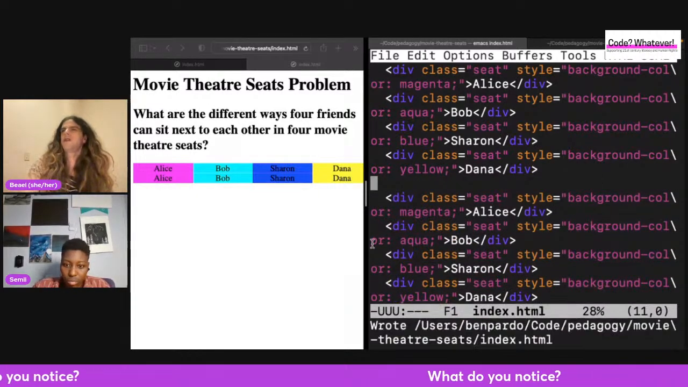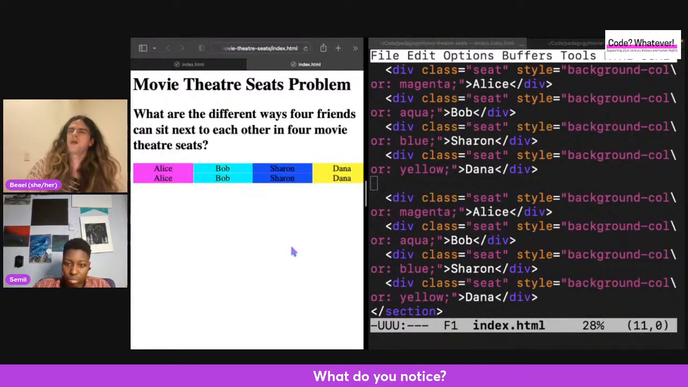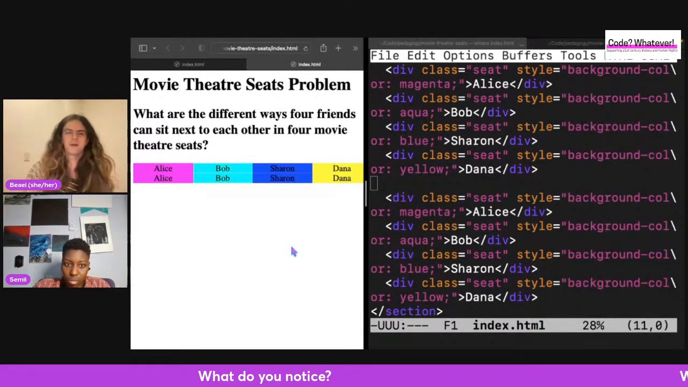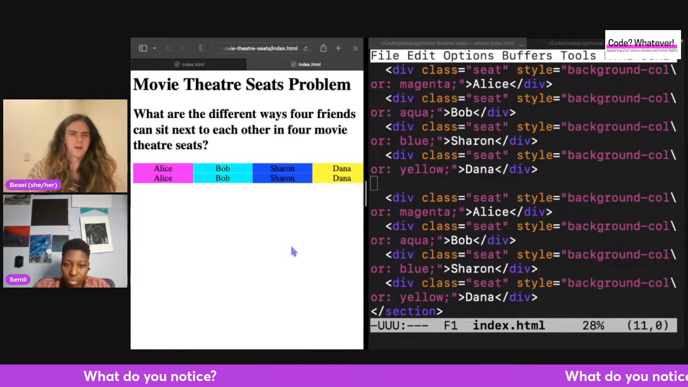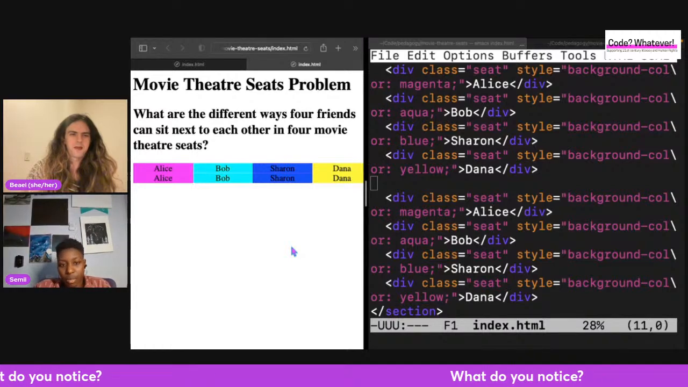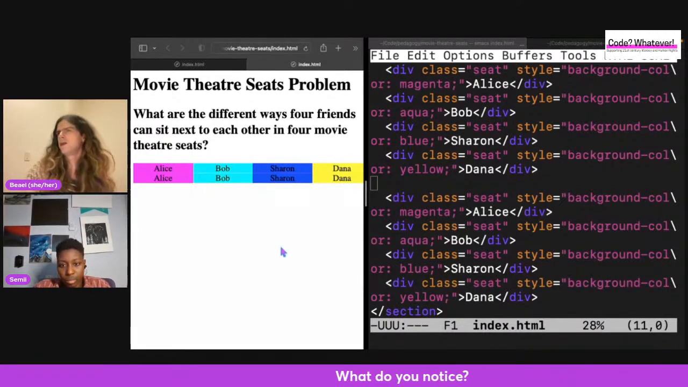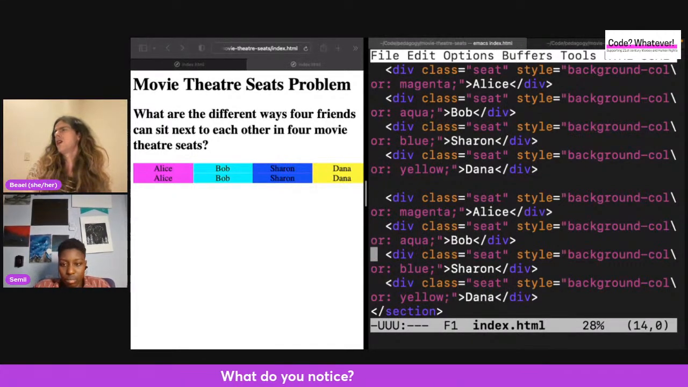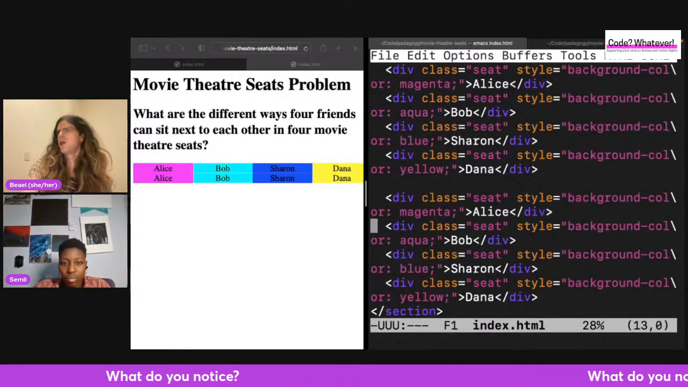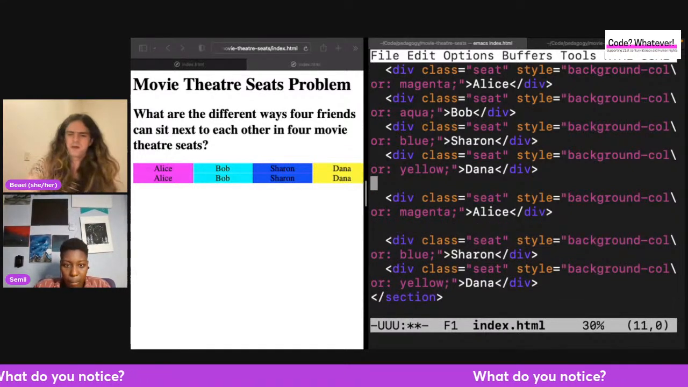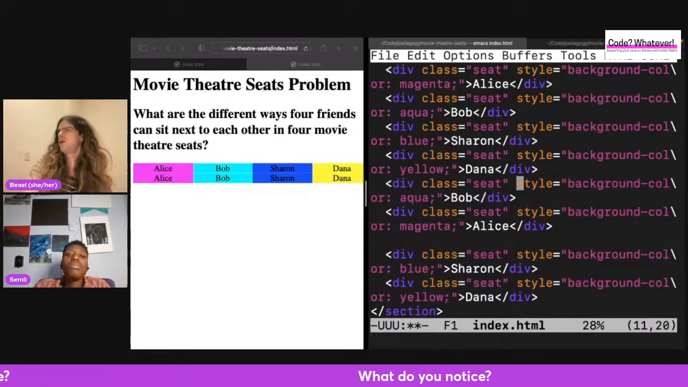And save and refresh. What do you notice? I noticed that we have a copy of the 4. We have a copy of the 4, and what I could do for now,